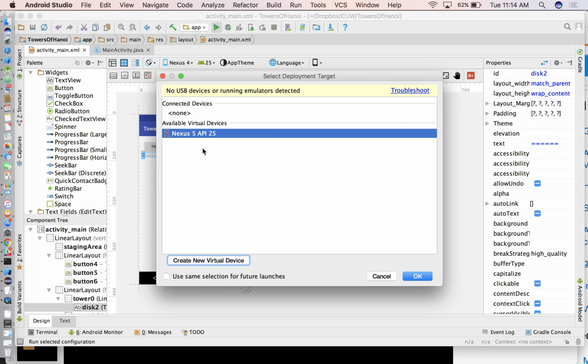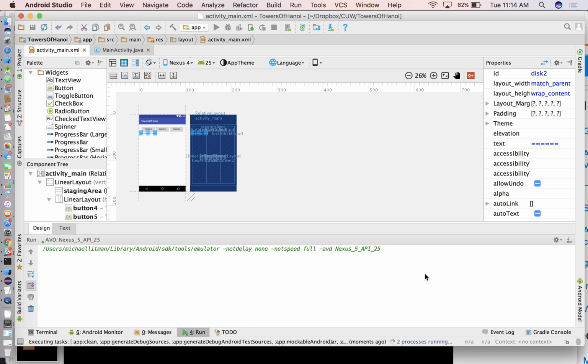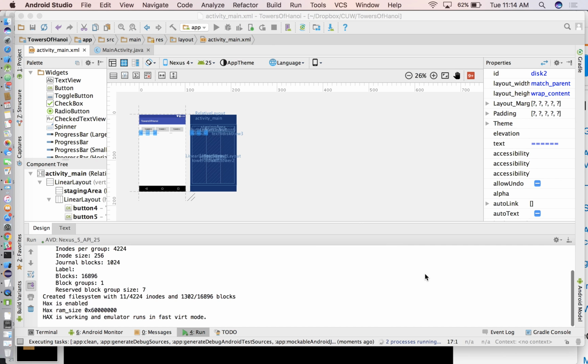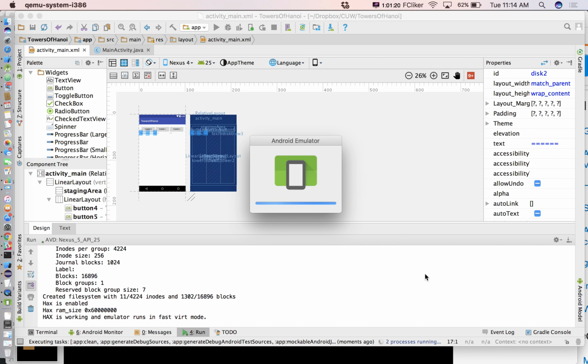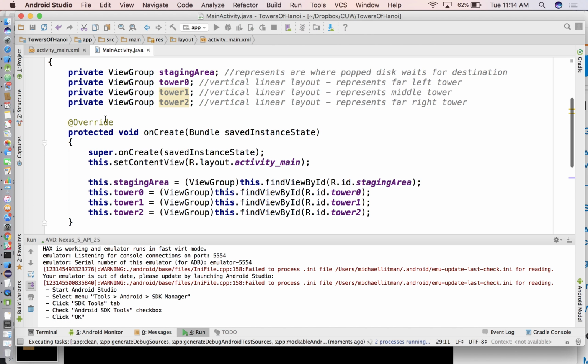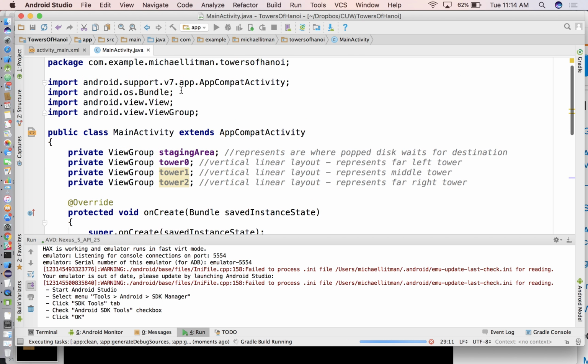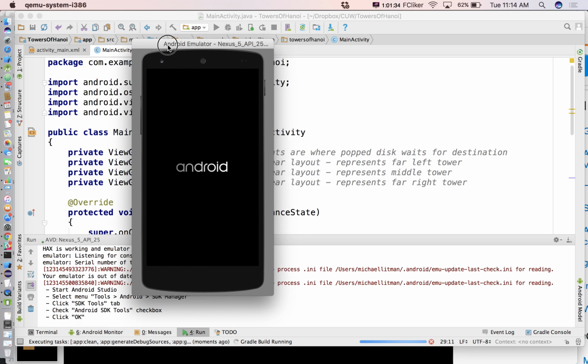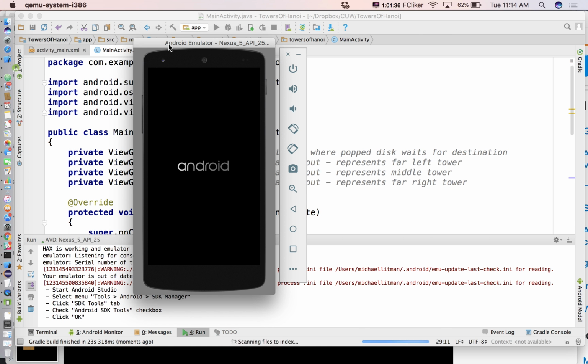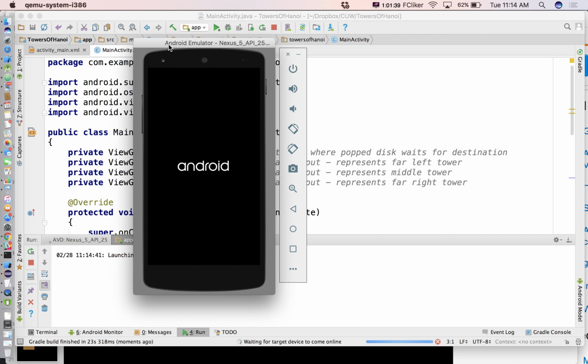Good enough. Oh, all right. Launch. Use same selection for future launches. Well, that's launching here. I want to see if I purposely introduced a bug for you to find or not. I did. Good. Obviously, I did that on purpose. Here, while that's launching,